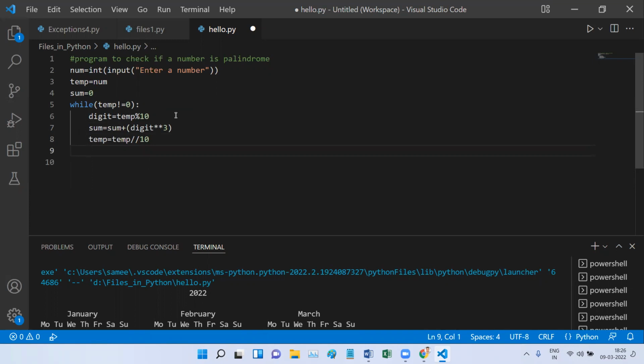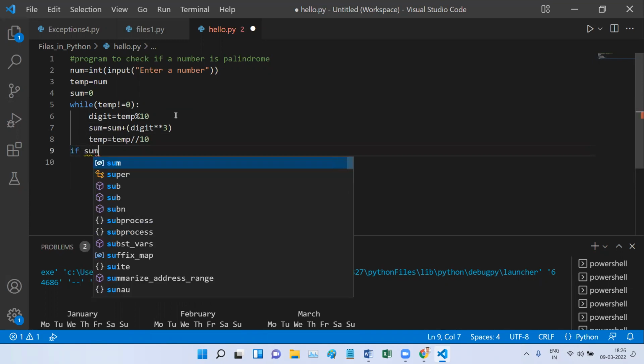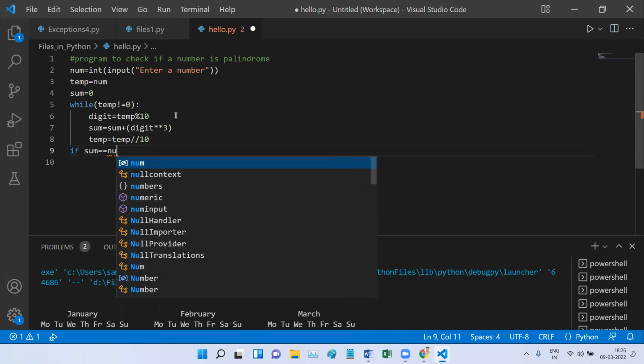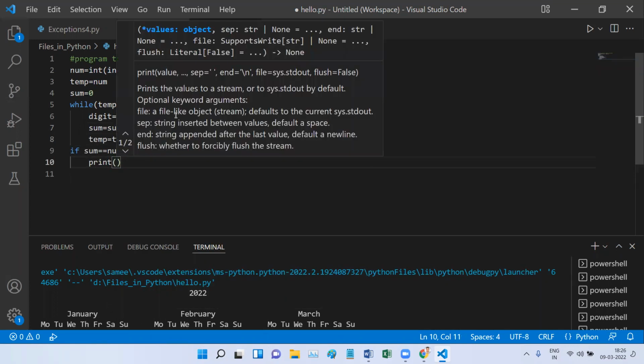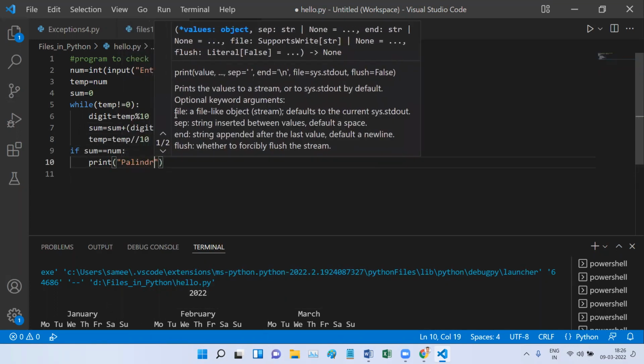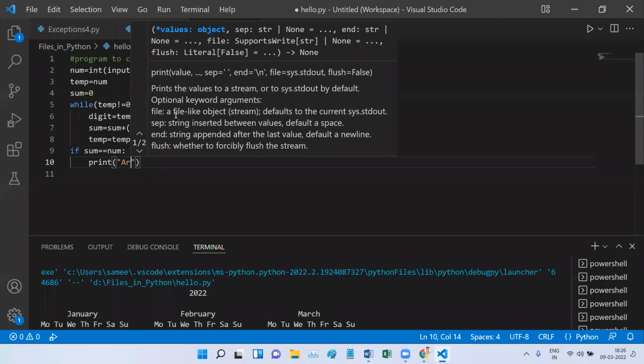Now the next logic is we have to compare sum with number. If sum is equal to number, then we can say that the number is a palindrome. No, it is not palindrome, sorry, it is an Armstrong number.